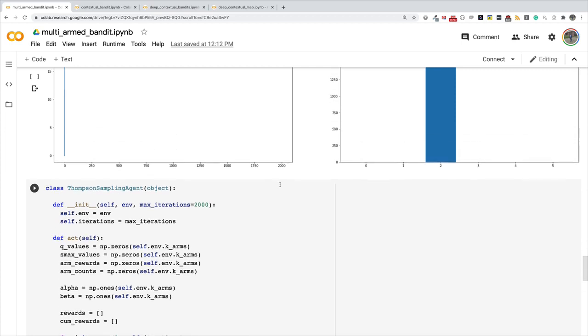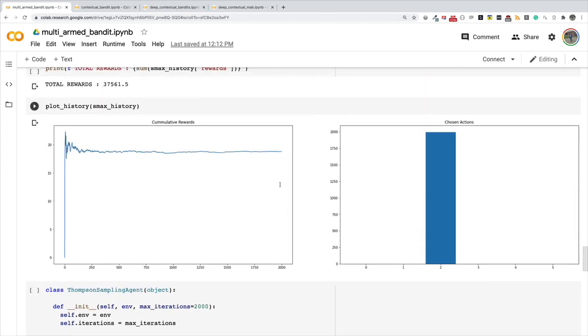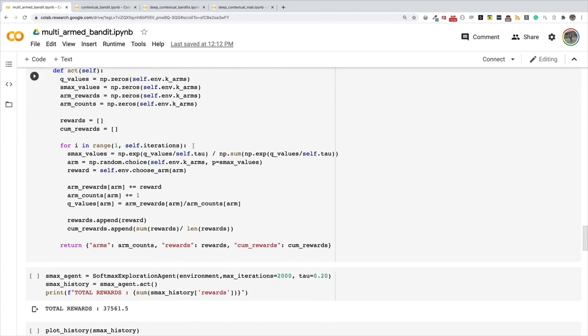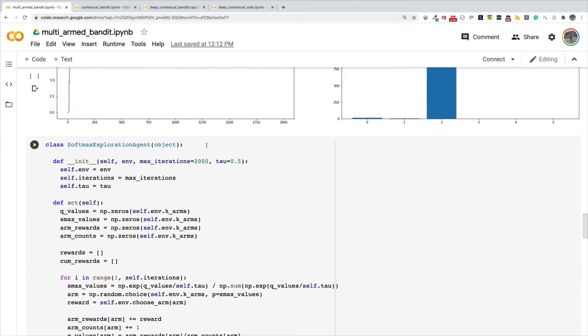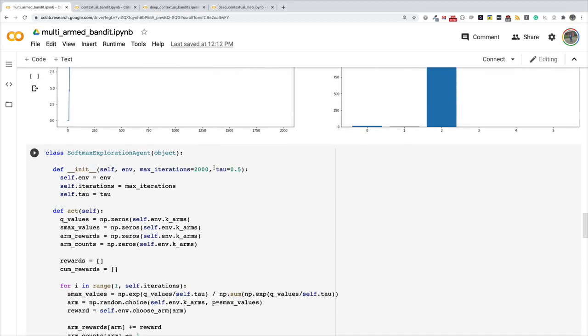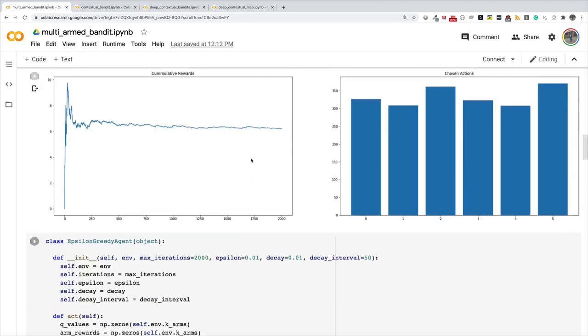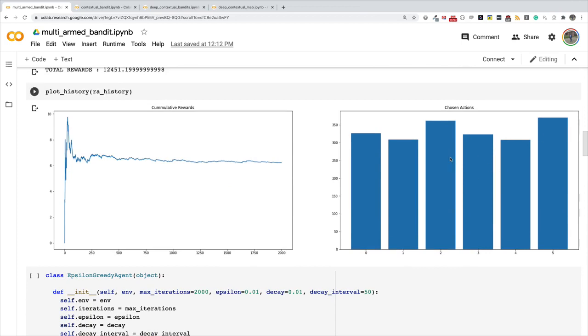For example, let me give you a very raw example. In our implementation of the MAB, I used a casino as an example where you are standing by a multi-armed machine and then you pull the arms and you get certain rewards, and your objective is to maximize your reward in the long term. Now the question is, if you just stood by the machine and then you kept pulling the arms randomly like this random agent did up here, you end up not getting the best reward that you